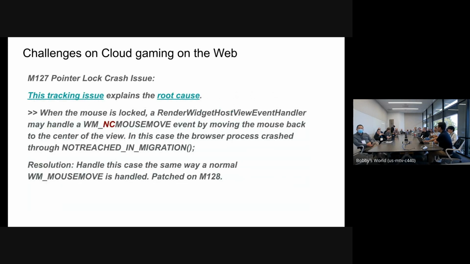So I assume that turned into a, yeah. Yeah, so there is a root cause. We know what happened, why it happened, and we even tried to find out the root cause. The Chrome team already fixed it, but for 128, we have to wait one more month for it to land in the new version.